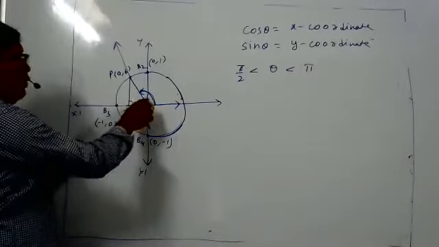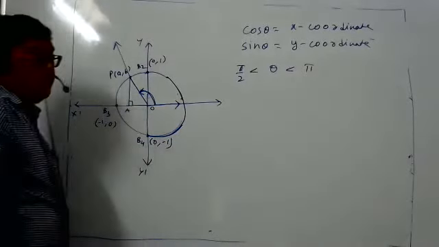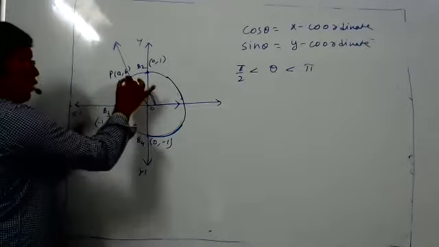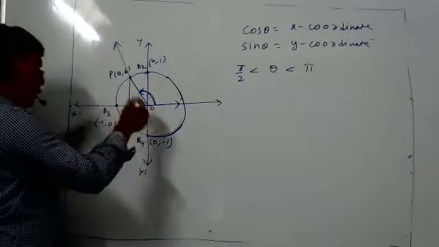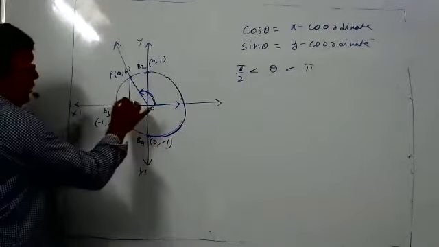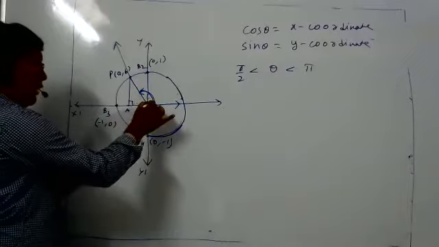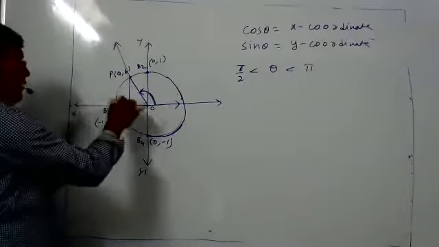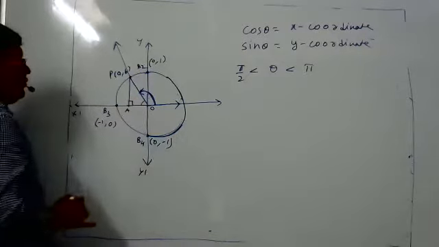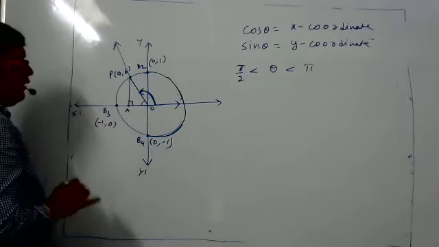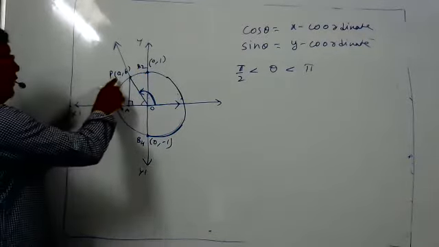If the angle is obtuse, in a right angle triangle no angle is obtuse. But we drew it this way. Don't get confused. I can explain a little more in the next class because time is less. So suppose now you understand this is the angle, but the right angle triangle is here, not here. Sir, it is P negative A comma B, right? That is what I'm saying, the coordinates. Correct.